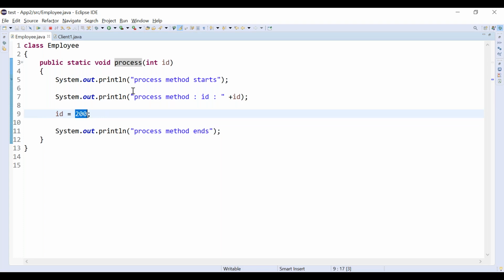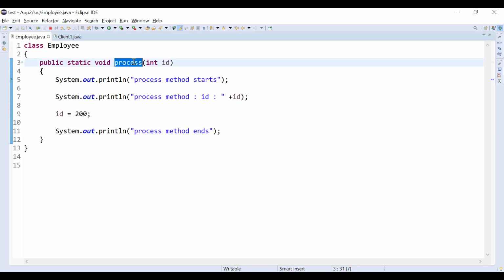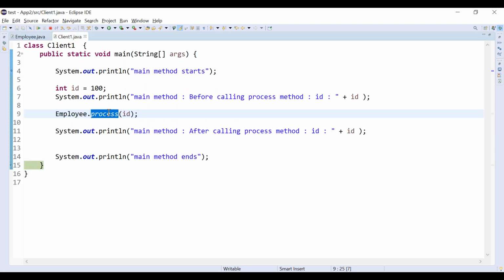Now, after executing, this is the copy, right? This ID, whatever we are making inside the process method, this is the copy. Whatever you are modifying inside the process method is local to the process method. After executing the process method, when it goes back to the main method of the Client1 class, those changes will not affect the original variable.